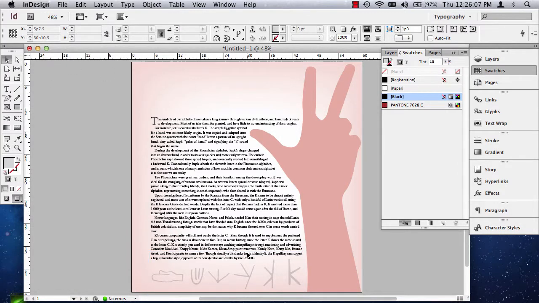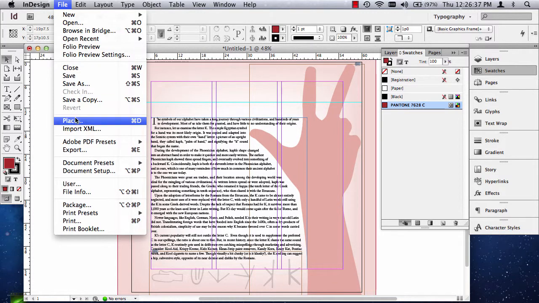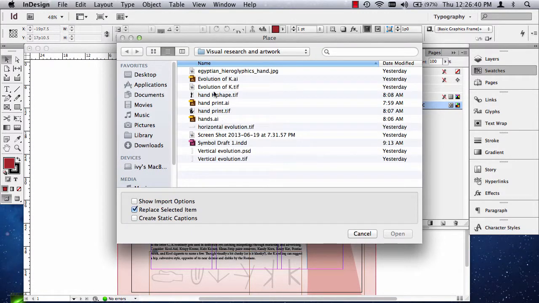And now I'm ready to use, I think I'll use this backwards K or this cough to let me see what my percentage is real quick before I do this. This is 94%. I can't use that much bigger than what I have it as, so I might go ahead and place. You don't want to increase bitmap graphics. Photoshop TIFF is a bitmapped graphic, and if you increase the size of it, it'll pixelate. So I'm going to go get my vector-based evolution of the K, Adobe Illustrator,